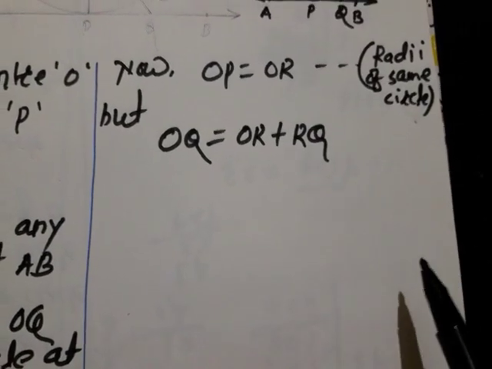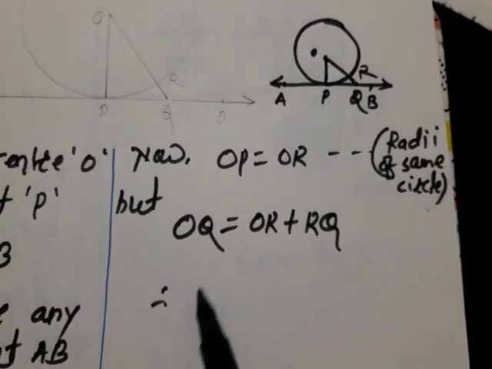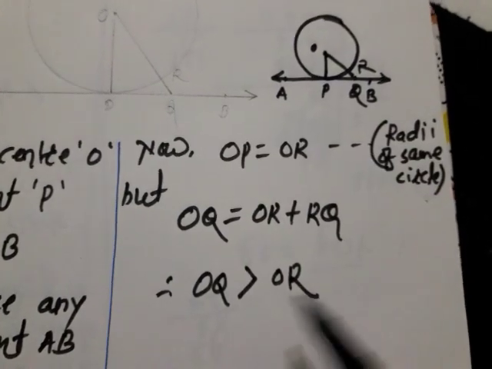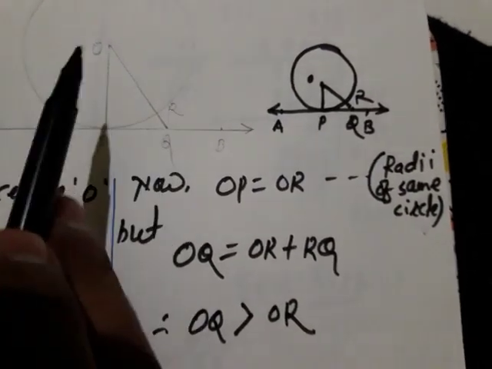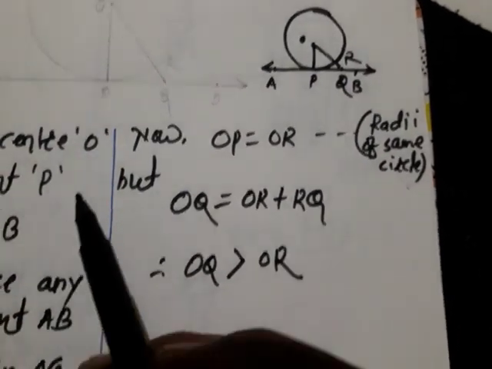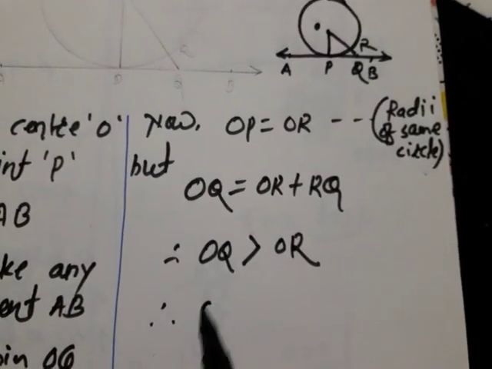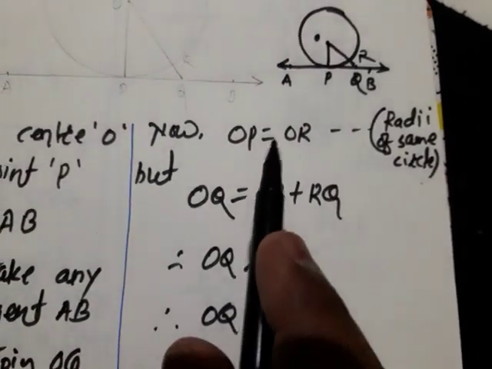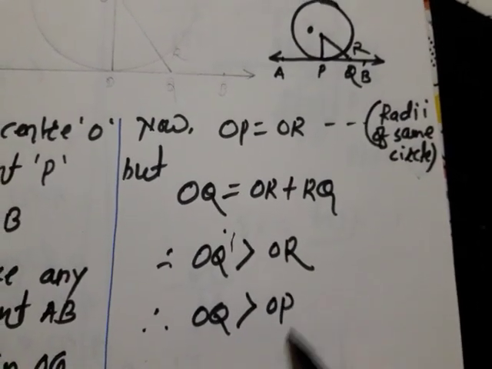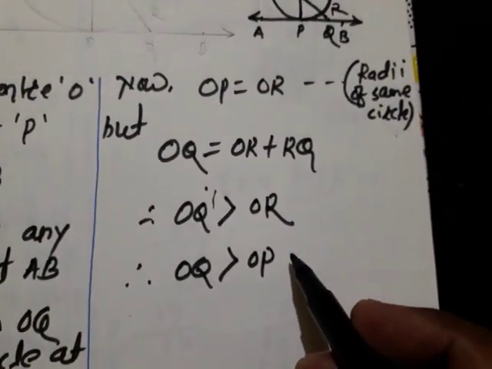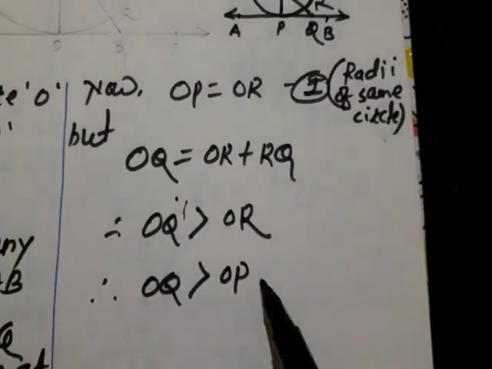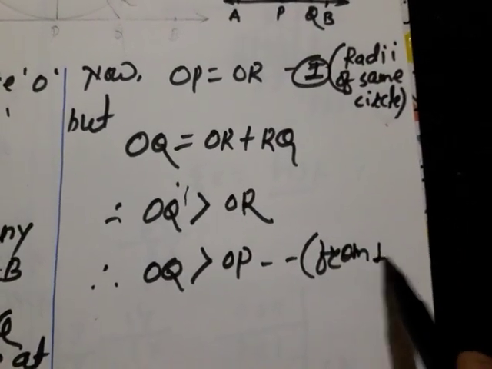Okay, now look here. Can we say like that? OQ is greater than OR. If we say this, it will work. This total OQ is greater than OR. Yes, absolutely right. This length of OQ is greater than OR. Therefore OQ is greater than, look here, OR is equal to OP, means we can say here OQ is greater than OP. Got the idea? What is told over here? We can say this is equation number 1 for our understanding purpose.